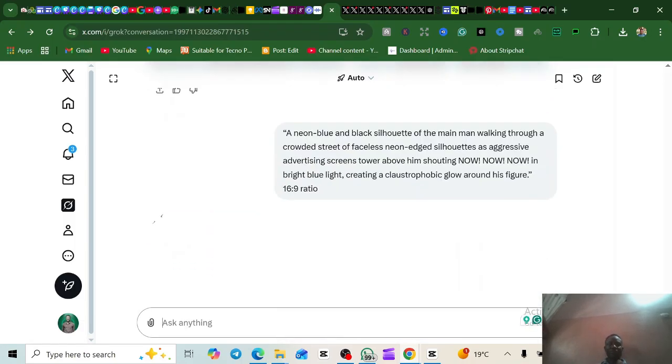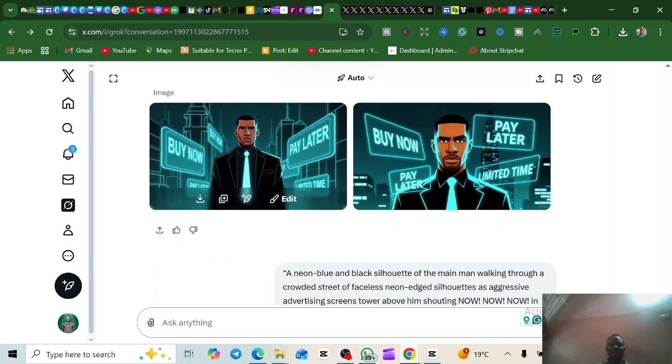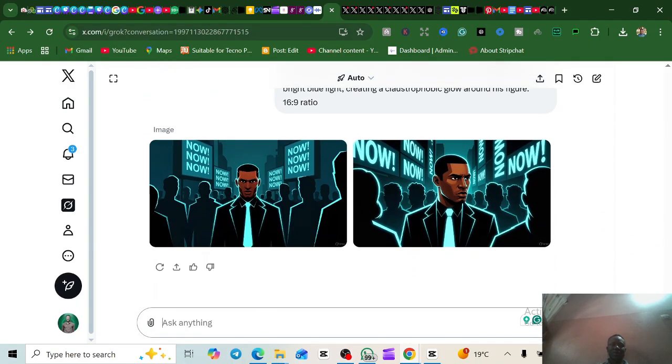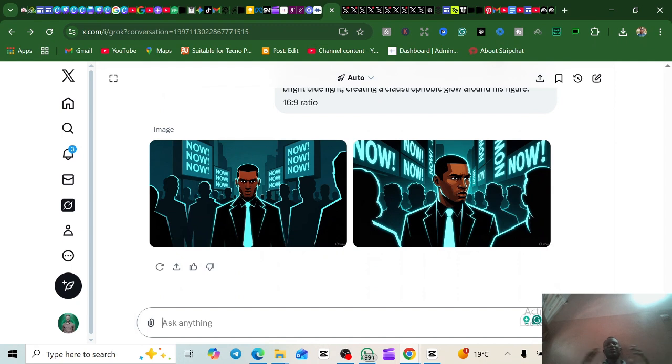And let's see, it's going to create another different variation of the particular scene, or camera angles. So it has given us a different one. You can see this is pay now, this is pay limited time, and here is pay now, buy now, pay later. So it gives you different variations. You get the point. So this is just how to creatively work with these AI tools to create consistent brand, consistent style, and constant flow of your video. This is how to do it.